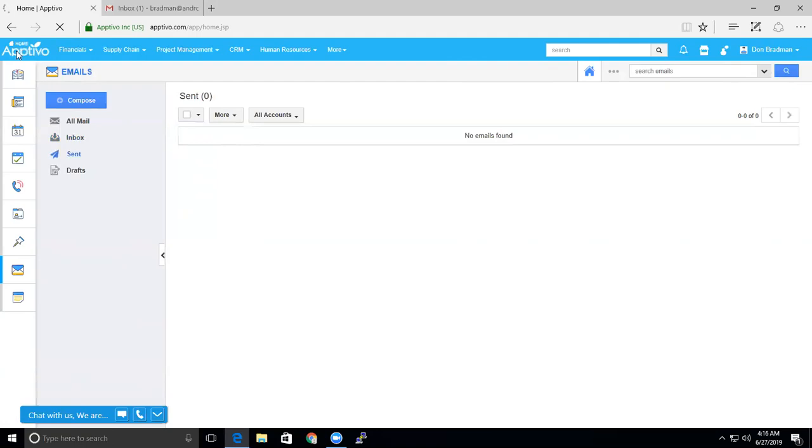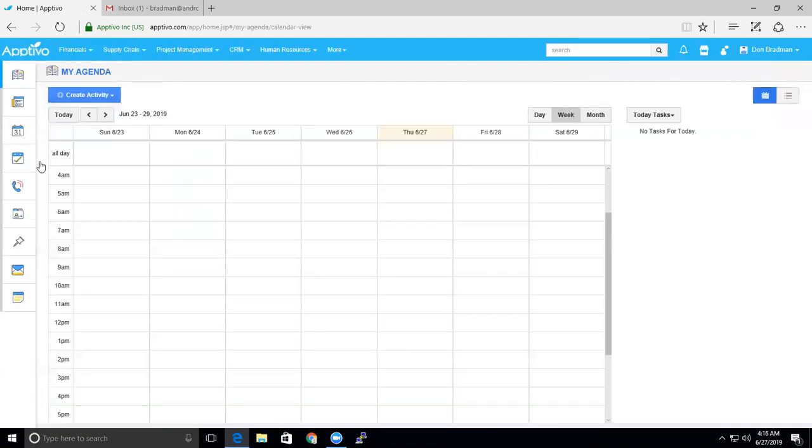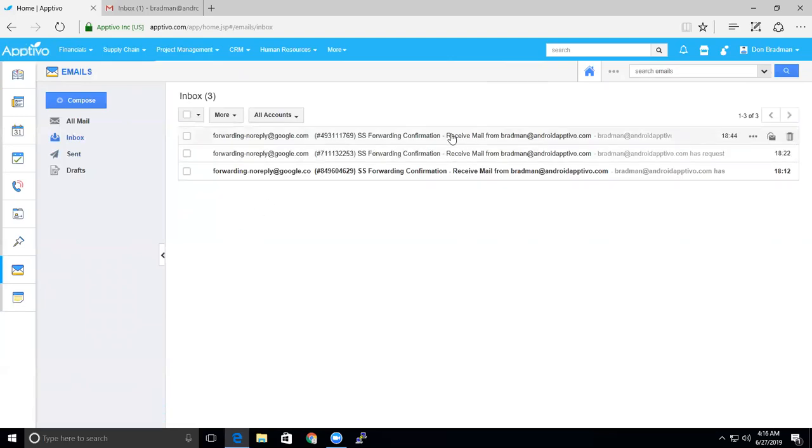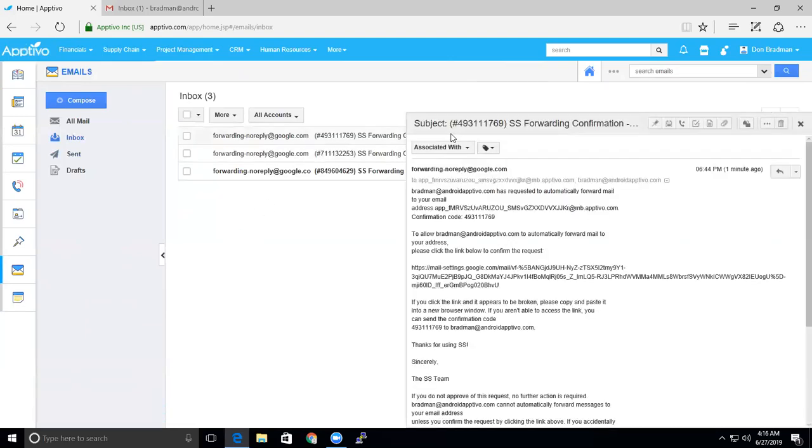One advantage maybe I would like to highlight is, let's open up the particular email from the inbox. These emails are based on the email ID. So the advantage of syncing it to Apptivo is that based on the email ID, they would automatically be associated here with the relevant contact, customer or lead, etc. The advantage to having these auto associations is, for example, if I went into the CRM and went to the